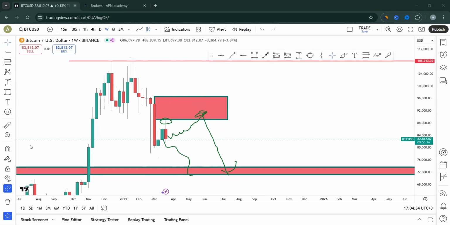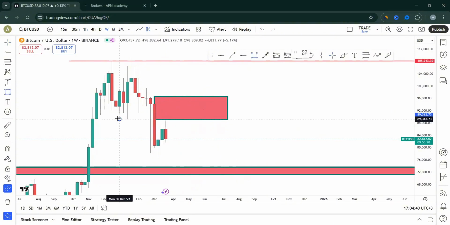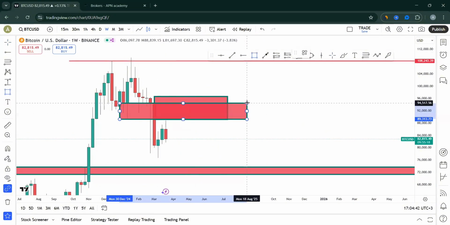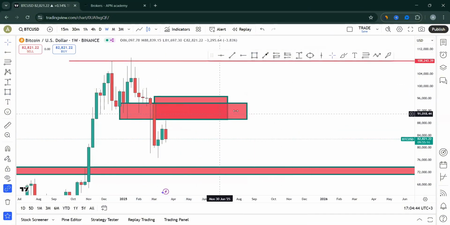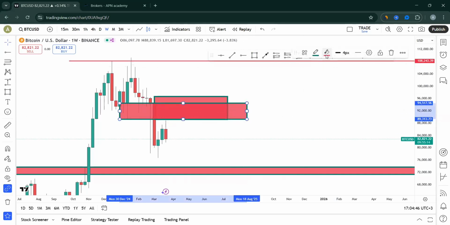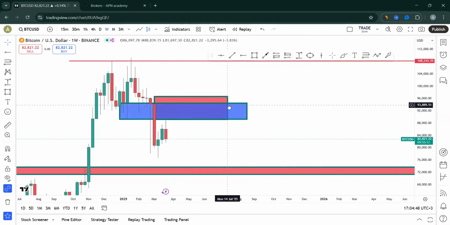also, another thing that we can mark here is this low here, okay? We have that low. I can change the color so that we don't get confused. We have this low that gave us the second high, which is a double top, this double top here. This is the low that gave us this high, okay? Then this is the low that gave us that high, making this double top. So